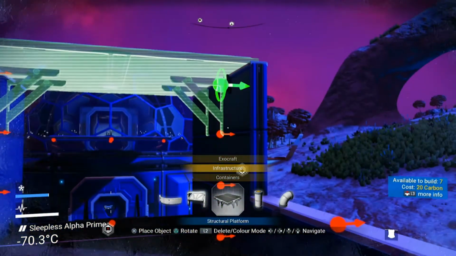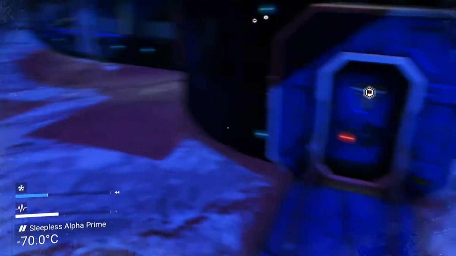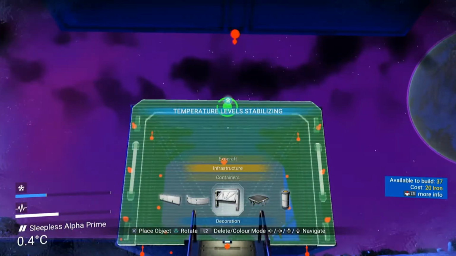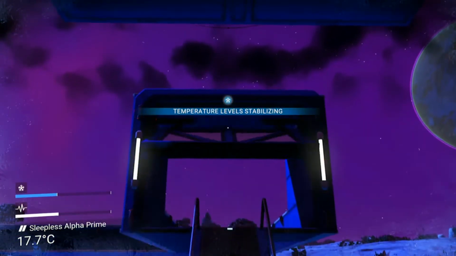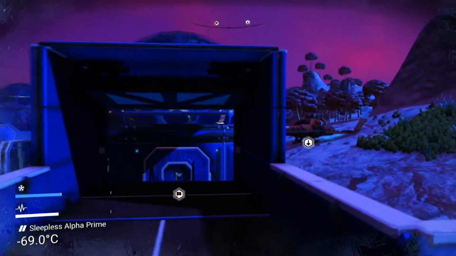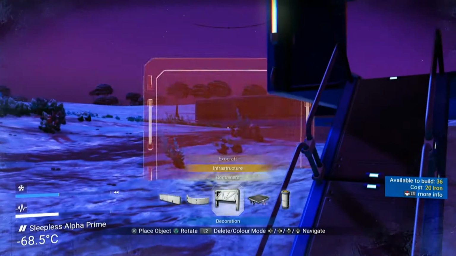So let's put that like that. We'll snap that one there. And now we'll go from over here. And I don't know if this railing is going to be in the way or not. I'm really hoping it's not. Alright. So we can put a little door there. And then it'll go down. So that's kind of cool. And then we could put...